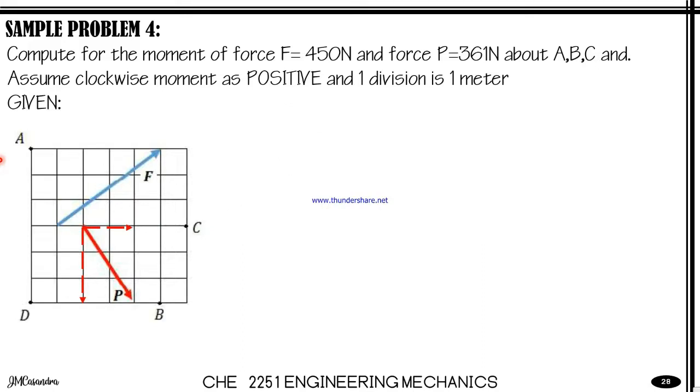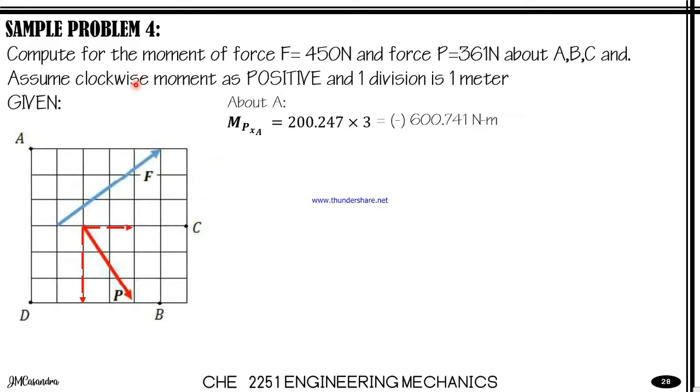So for point P, we have here your x component and your y component. So about A, x component is 3 meters away. So we can write the equation as 200.247 times 3, giving us a value of negative 600.741 newtons. Negative as it will cause a